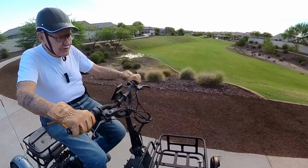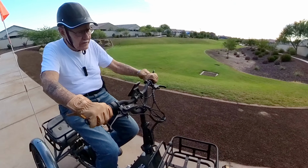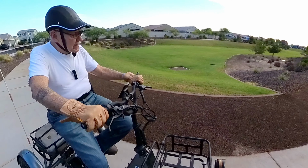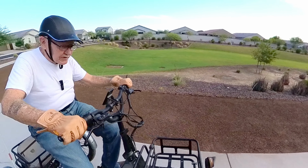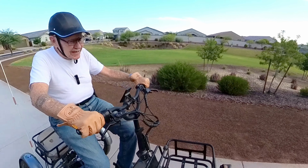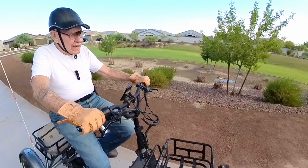So we went over to CarMax, and they showed us their vehicles. We found one that was kind of red, and so we decided, okay, let's go ahead and get that one. So we traded in the Dodge Durango. It was a hatchback, not as big as the Durango, but it was not black. We drove that home. When I got home, I took my grandson for a ride, and then when I got